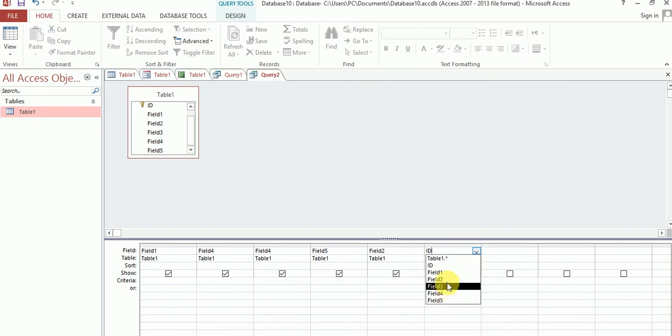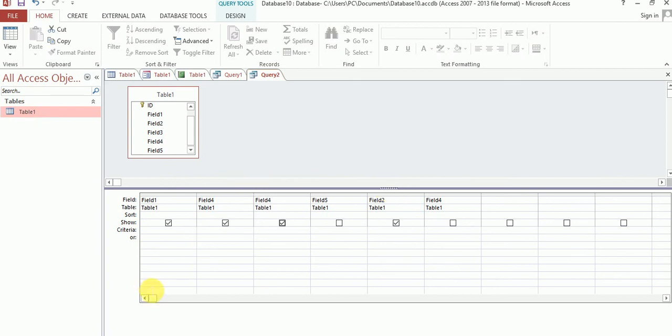Suppose I want to change field 4. Okay, so you can see table name, sort, show, criteria, or this one, show or not. You can select it. Okay, you can also call it query.